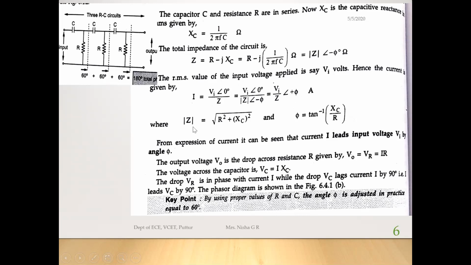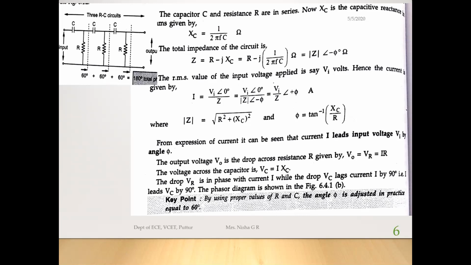The impedance magnitude is the square root of R square plus XC square, and phi is tan inverse of XC divided by R. So from this expression of the current, it can be seen how the current and the voltage VI are related. The current I we got is VI by Z at an angle plus phi.